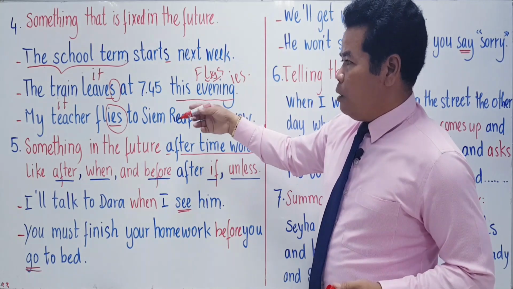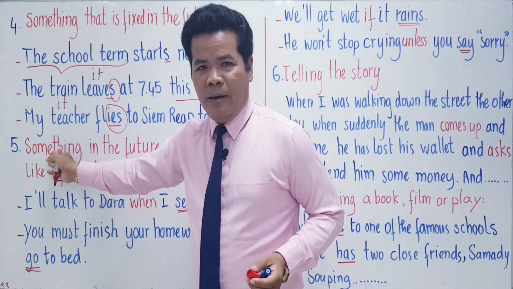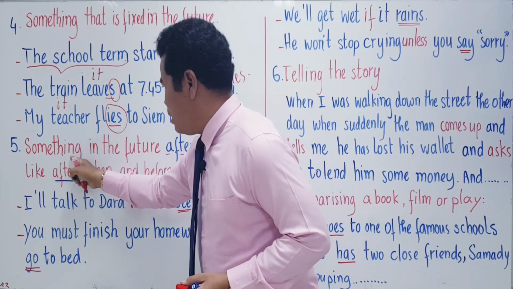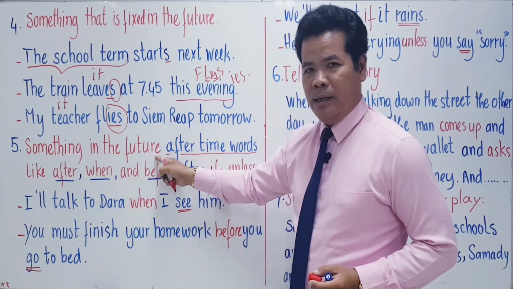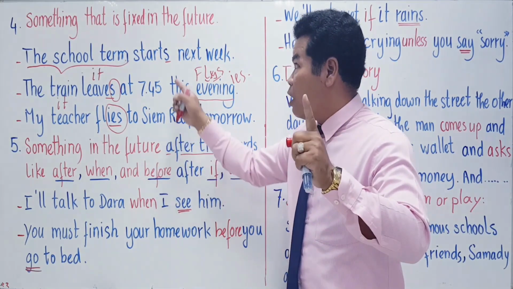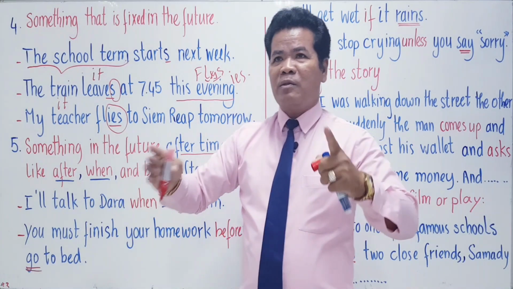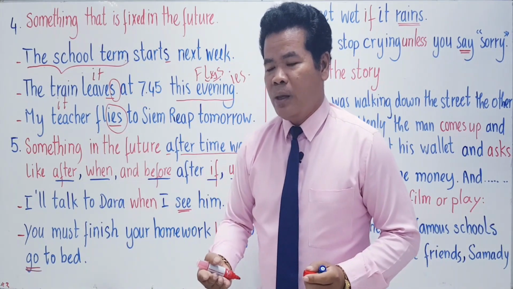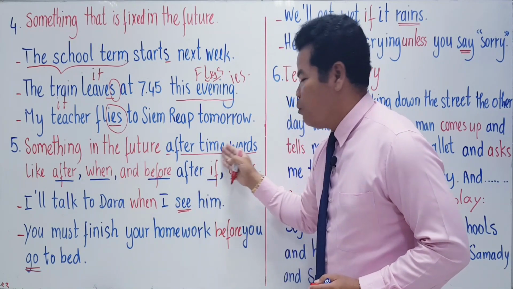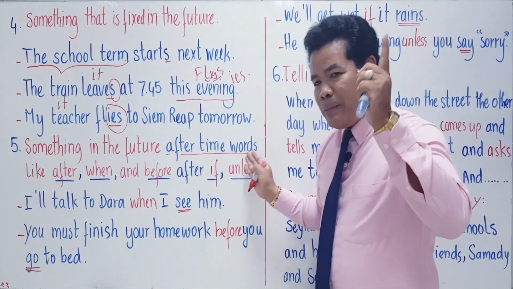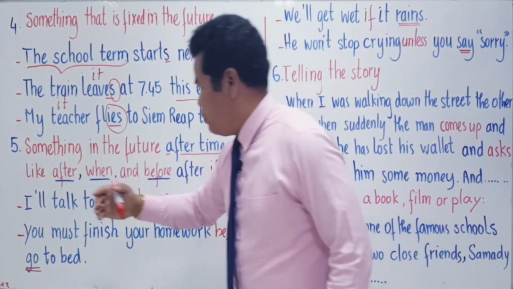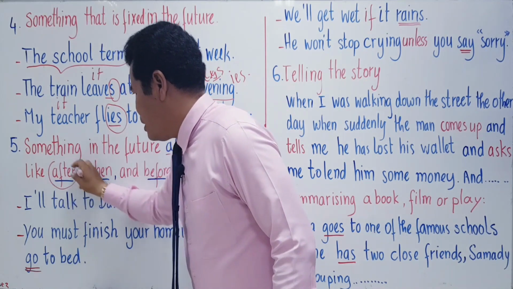Okay? And now, let's go to use number 5. Present simple tense is used to talk about something in the future. But we don't talk about the schedule. We don't talk about something that is fixed in the future. But we talk about something in the future after time words. After time words. Just remember, for example, the word after,